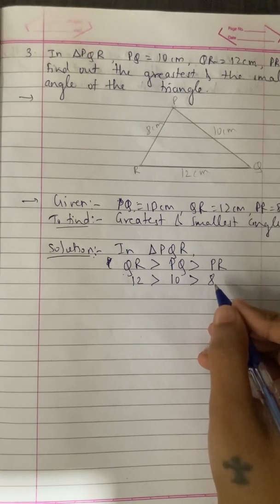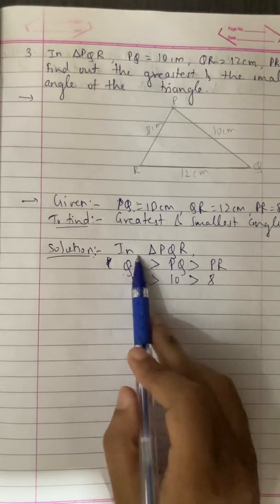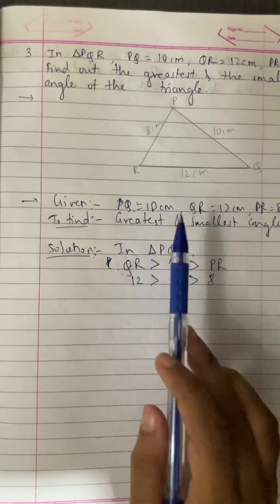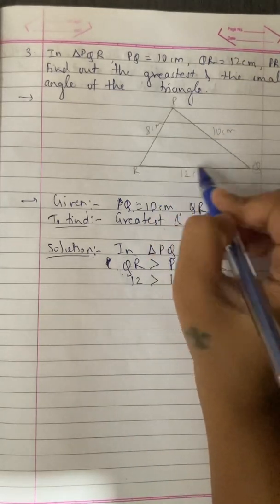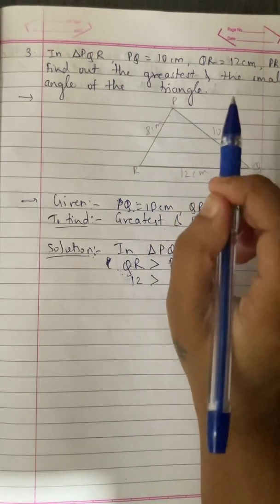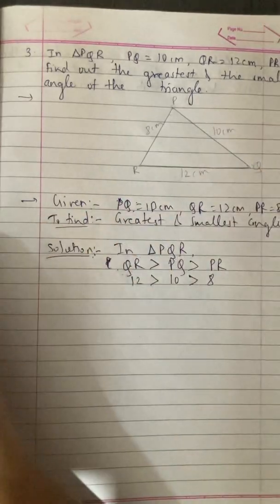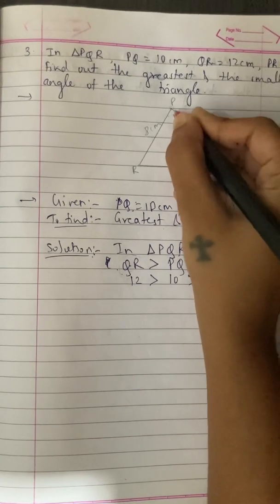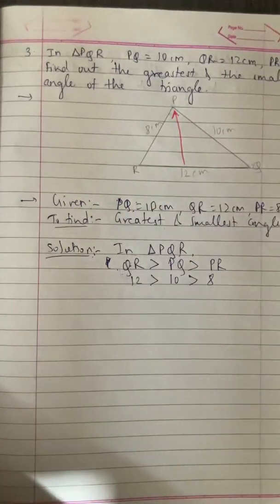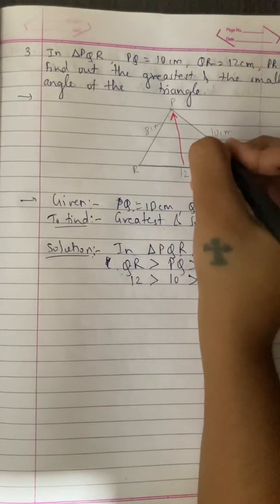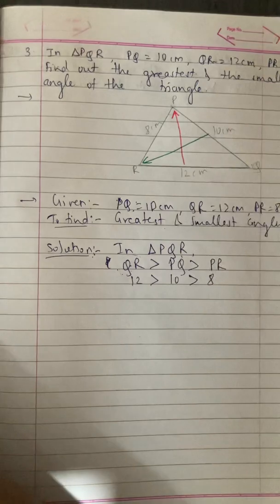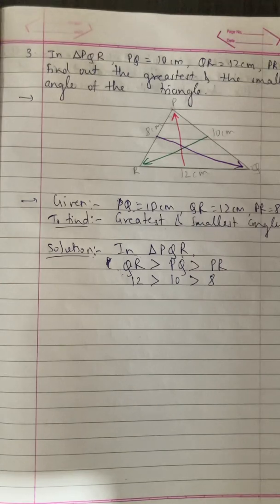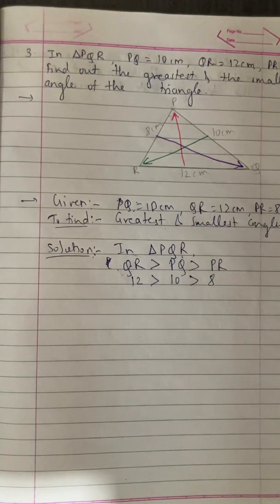All right. So whatever angle is going to be opposite to this greater side is going to be the greatest angle. Why? Because this is the property of triangle. Whichever side is greater, the angle opposite to it is going to be the greater angle than the rest of the ones. So this side, the greater side 12 centimeter, exactly opposite to it, we get this angle. Then 10 centimeter, exactly opposite, we'll get this angle. And opposite to 8 centimeter, which angle will we get? This angle. So let us write down the opposite angles of each side.